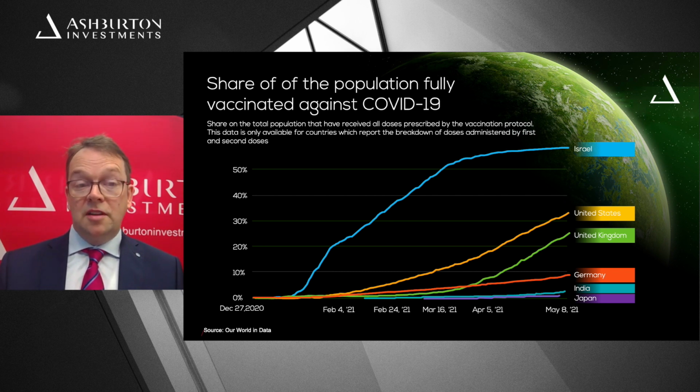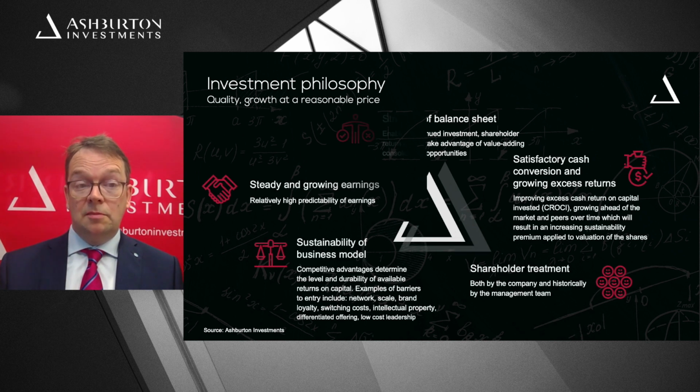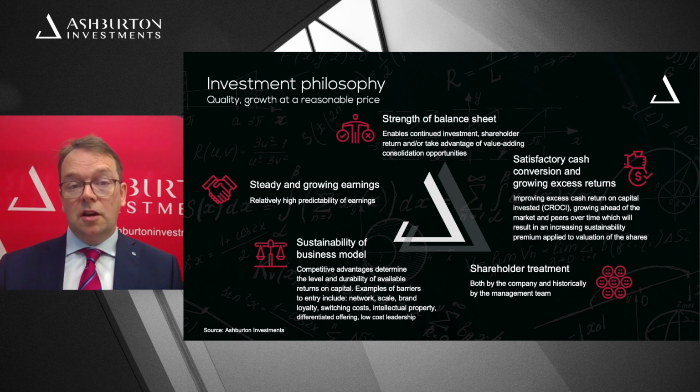To a large degree, we've explained some of the major top-down factors that influence global equity markets. And now I'm going to talk through what our active global equity team looks at from a bottom-up perspective. So our key philosophy is to look at quality companies that offer growth at a reasonable price. I think growth at a reasonable price is fairly well understood by people. We're looking for companies that are growing their intrinsic value over time, and we're looking to not overpay for those. But quality, I think, requires a little bit more explanation, and let's talk through all the different aspects of that.